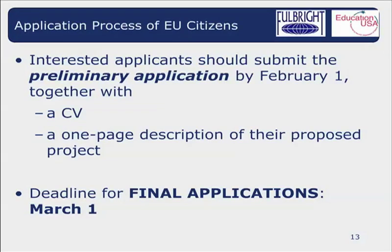The application process for EU citizens is very simple. You should submit a preliminary application by February 1st, together with a CV and a one-page description of your proposed project. The preliminary application is basically a 1 to 2 page application that asks for biographical information,